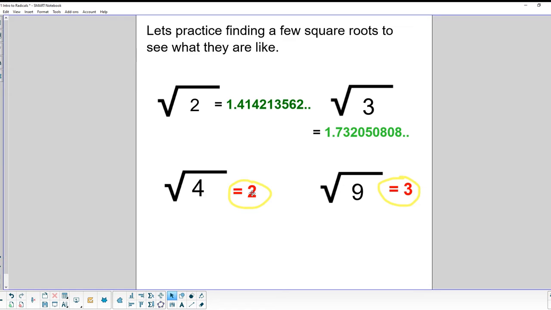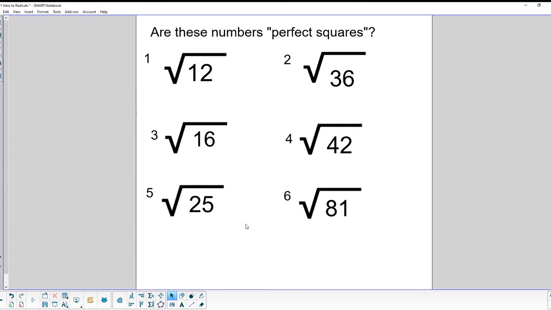So this really means that 2 times 2 equals 4. 3 times 3 equals 9. So that's what we're talking about. All right, are these numbers perfect squares? Well, let's find out. If we take the square